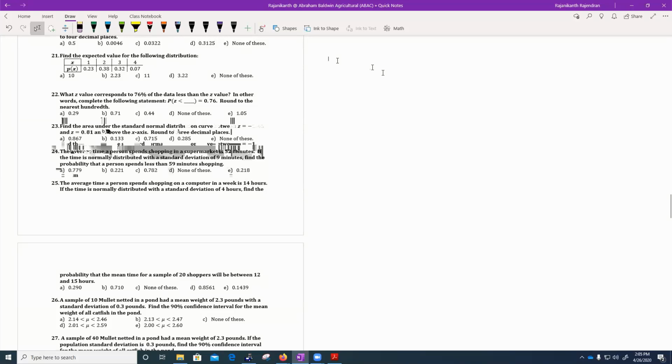Question number 21. Find the expected value for the following distributions. We have the formula for expectation value for the given variable x. The expected value of the variable is given by the summation of the product of the variable value times its corresponding probability. So if you use that formula, the first value is 1 times the corresponding probability 0.23,